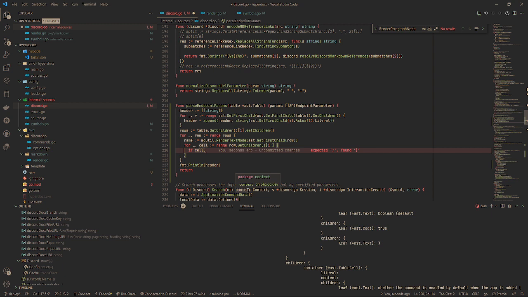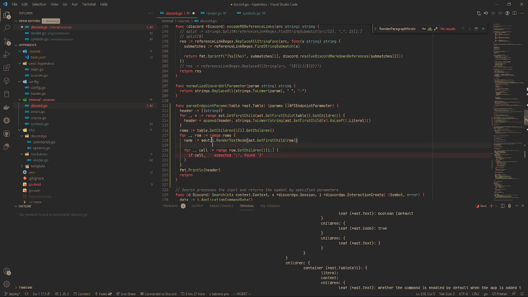Will it work? No, it's not gonna work. So we really need to parse the header correctly. We need to get the header values. And while we're in this, I will use strings.ToLower just to check my correct values. So if header